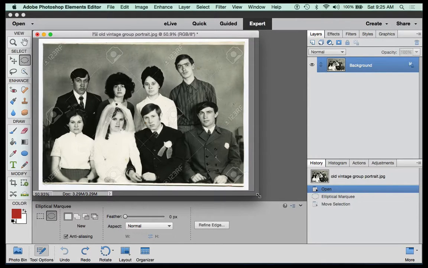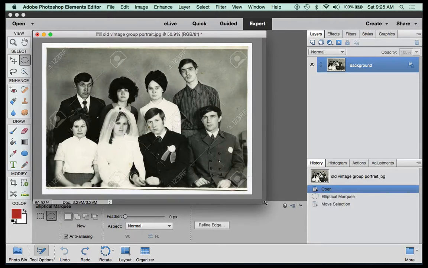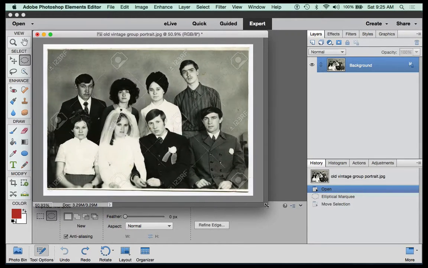Expand your window. You see the window that shows your picture? If you go to the bottom right corner of that window, you'll get a double arrow that allows you to make it bigger. When you do that, you now see the edge of your image, which happens to be white here. Okay? Let's put a stroke around the entire image, which is what we commonly do when we're going to